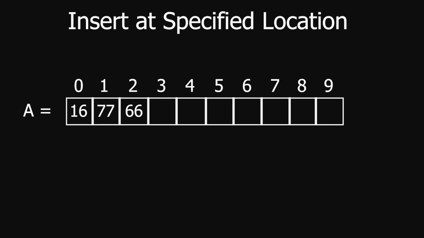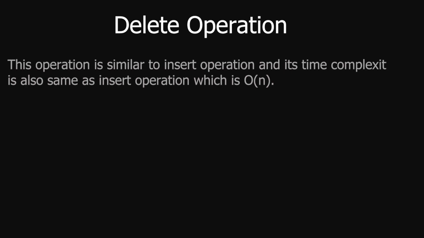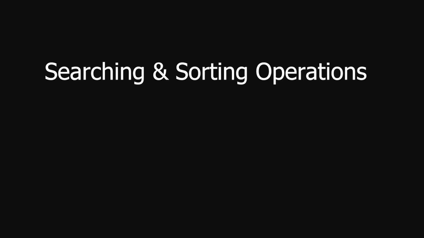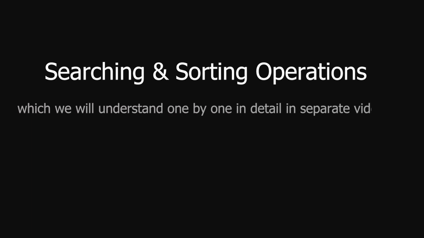Suppose we want to insert a new value in the first element of a filled array. The values of n elements in the array must be shifted one place to the right before the new value can be added. Next, we have the delete operation. This operation is similar to the insertion operation, and its time complexity is also the same as the insert operation, which is O(n). Then we have searching and sorting operations, which we will understand one by one in detail in